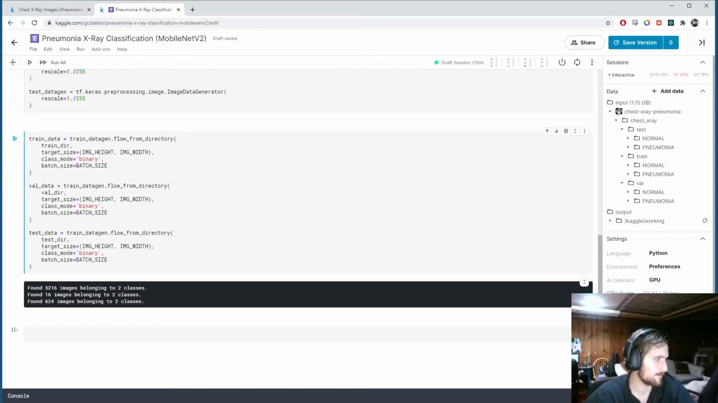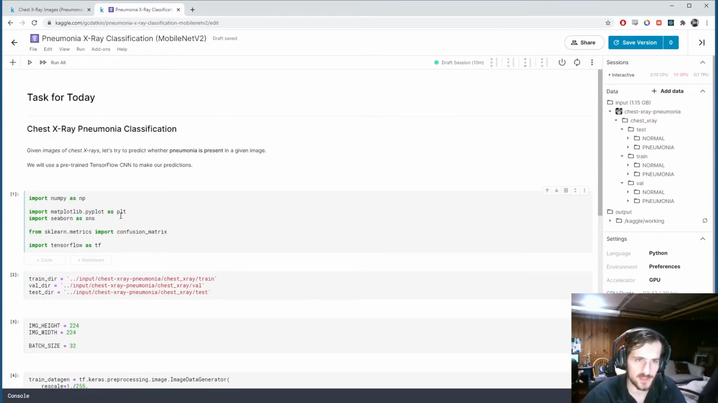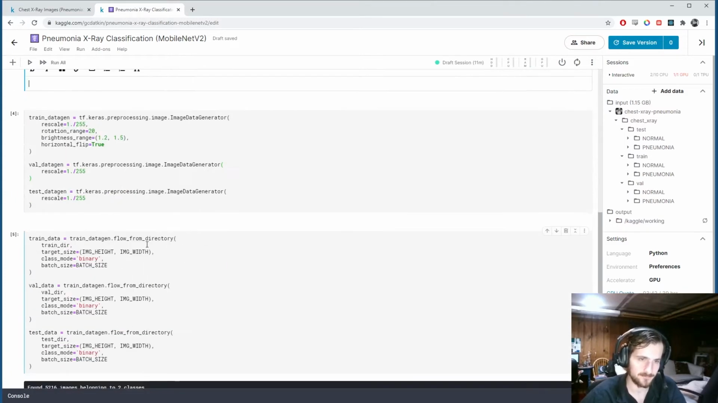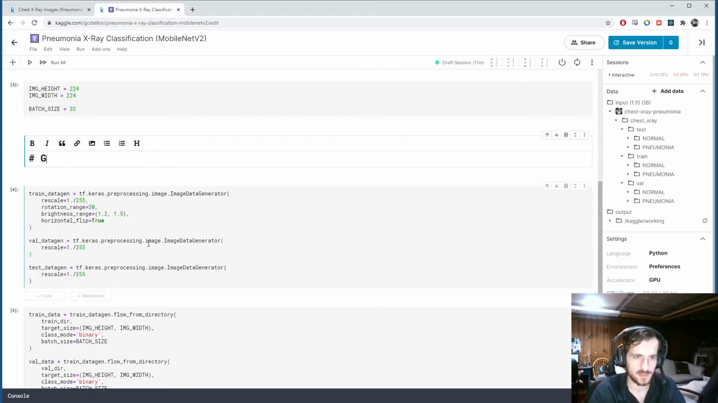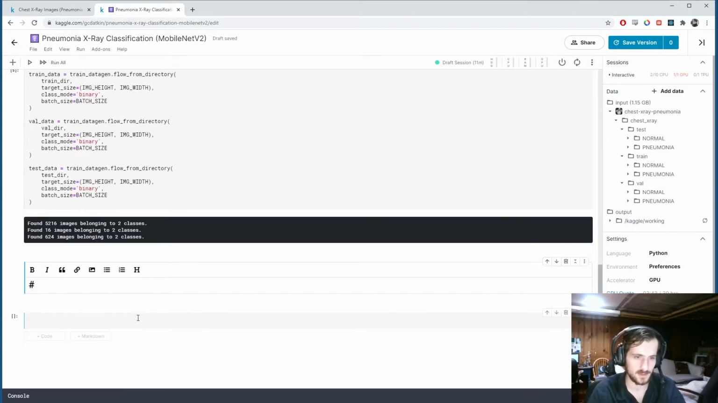Alright, and now we will create our pre-trained model. So I guess I should probably just mark this down a little. I'll say getting started here, then creating data generators, and now building